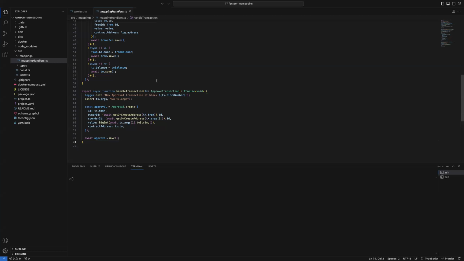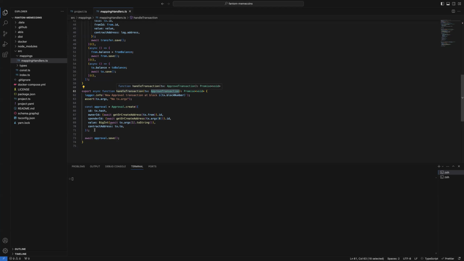So again, we'll be looking to the blockchain, we'll be looking for an approved transaction. Once we see that this transaction was called, the indexer will fetch it and pass it here as a parameter, as an approve transaction. And from then we can process data from it.